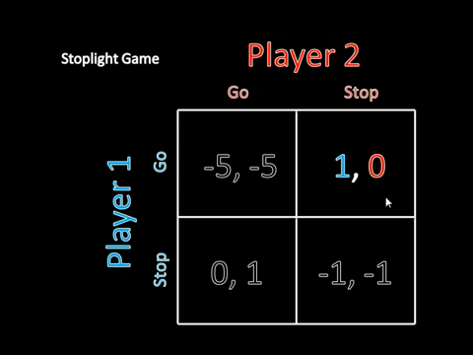Is this outcome a Nash equilibrium? And the answer is going to be yes. To see that, let's look at player 2's possible deviation. So currently player 2 is stopping. She could switch to going, but if she goes, she causes a car crash, and that's bad for her, so she doesn't want to switch her strategy, so she's content with stopping if player 1 is going.